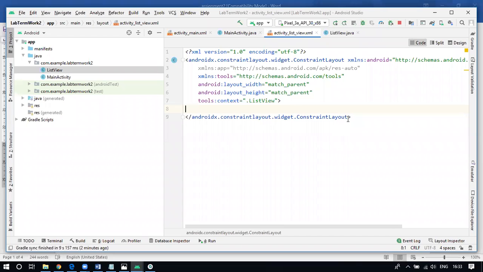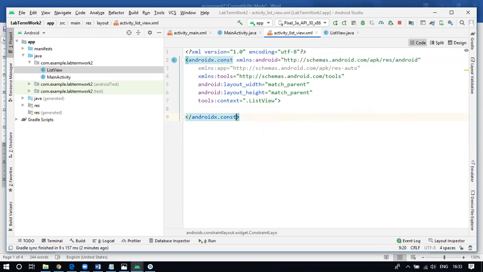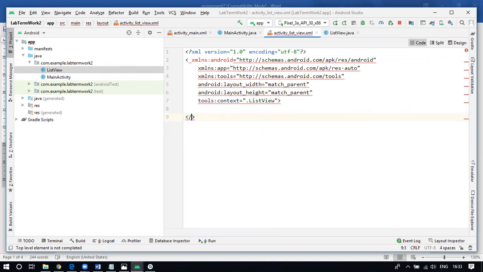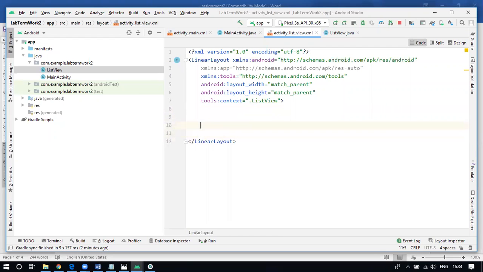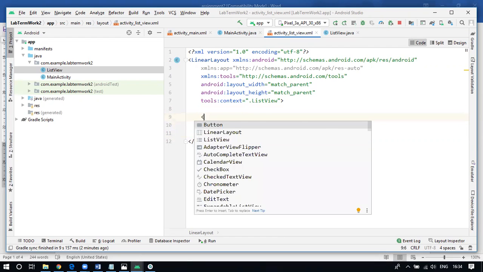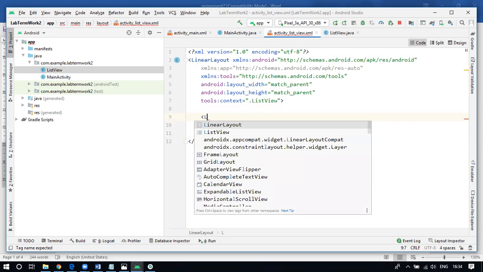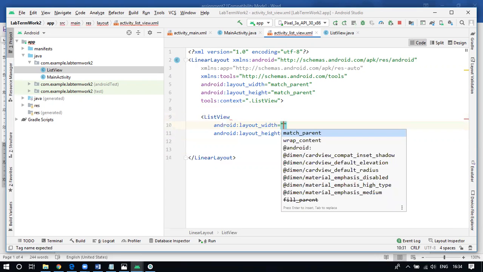Again, this is the constraint layout. We need to change it, so we can change it from this and make it a linear layout. Then the remaining things will be as they are, and inside this we are going to create the list view. Either you can use this list view tag, like this, or otherwise